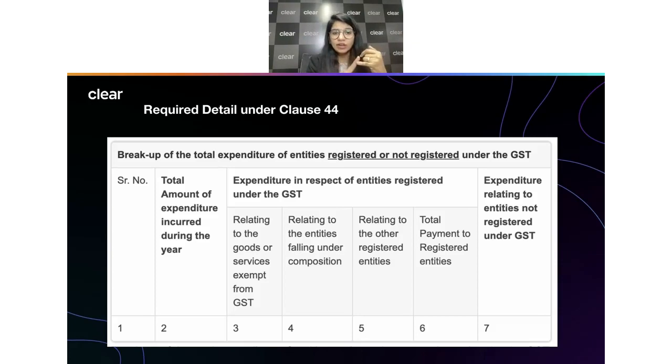For cases where I don't have to pay any taxes because it was either an exempt supply or a nil rated supply, or maybe the supplier was unregistered, we don't have to pay any taxes. There was a second category where I would have paid the taxes under reverse charge, or I would have paid the tax at IGST. The question is, because all this expenditure I'm going to show in table number 7,